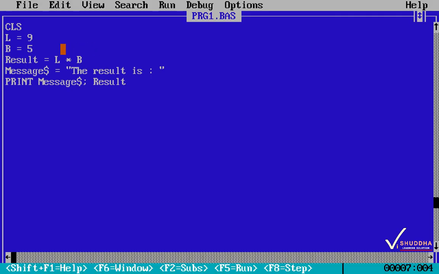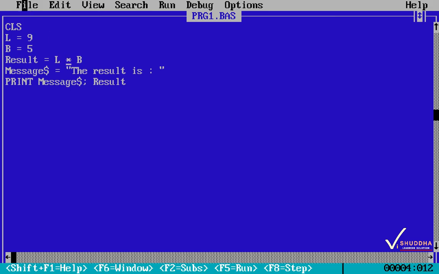If you noticed, we multiplied the values by providing a symbol, that is asterisk. If we had to add the value, we could have provided plus. In order to subtract, we provide minus. And similarly for other operations we provide other symbols. So these symbols are called as operators. We will be discussing more about operators in the next videos.